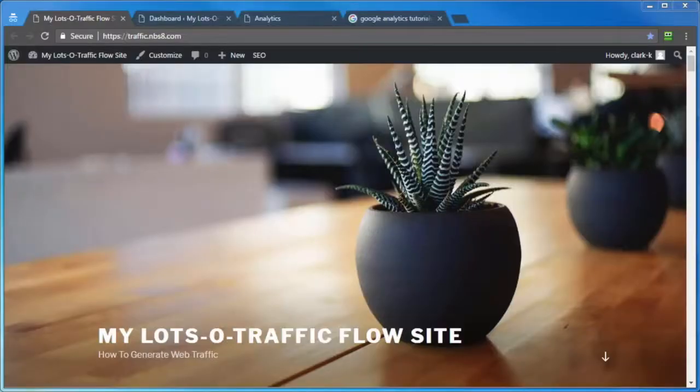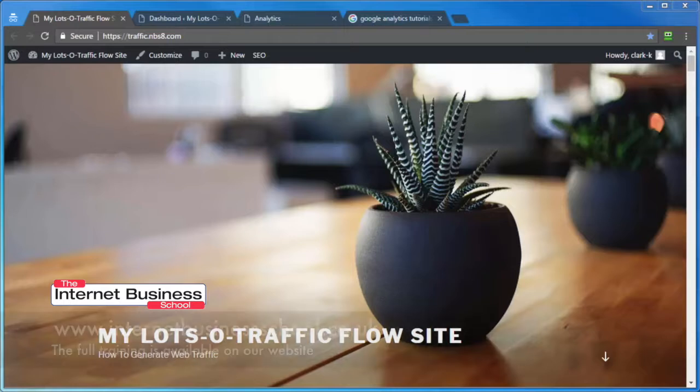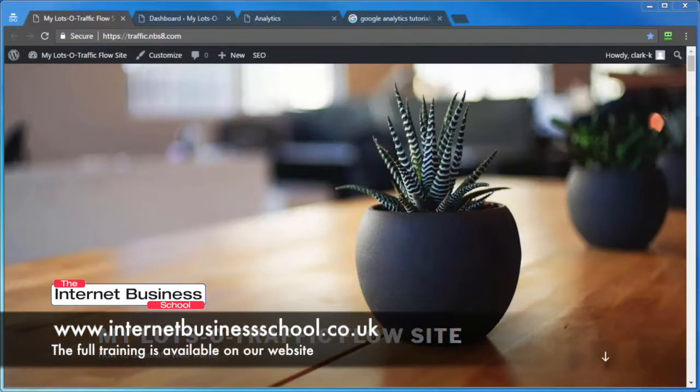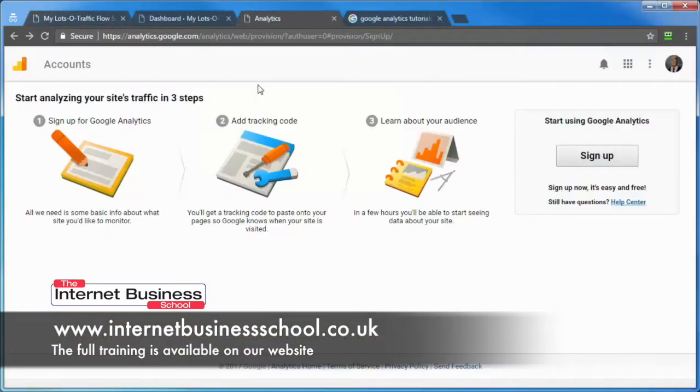Another site preparation method that we're covering is to connect our WordPress site to a Google Analytics service. Now, there is zero cost for this awesome service, so no excuses not to have it. All you need is a Google account, like a Gmail account, for example, and you can create a Google Analytics account. So to begin this, let's go ahead and log into our Google account, which I've already done here, and